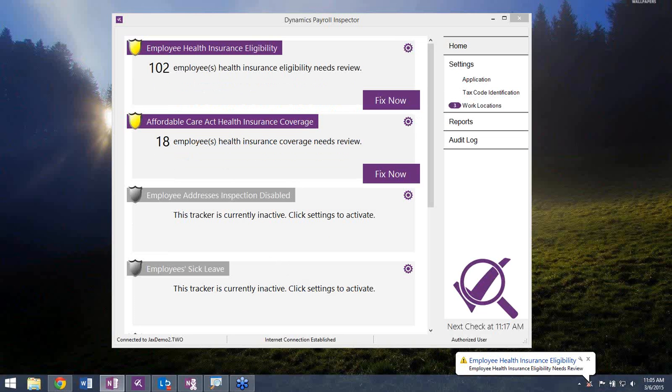So that being said, what we'll talk about now is a brief overview of the Affordable Care Act regulations. And this would be a good time, if you have any questions while we're going through these regulations, because I am going to discuss them at a high level, to ask any questions.